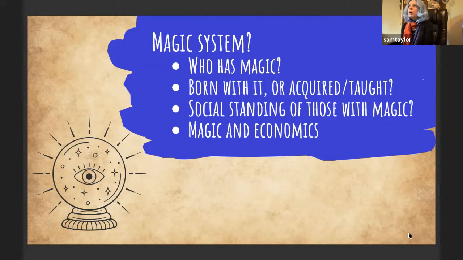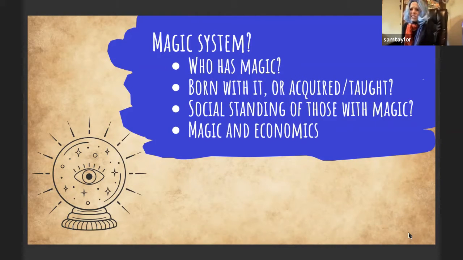Think about what best serves the story that you are trying to tell. What would most empower and challenge these characters who you're following in the story? How do they need to grow and change? And how does the magic that either they have or that the people around them have shape their lives, their story, their needs, and their goals and their motivations?